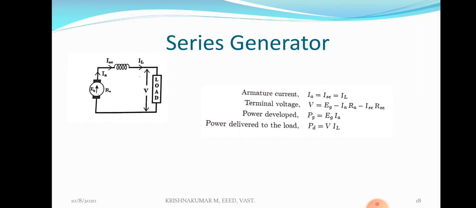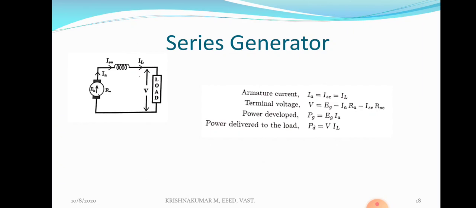So it has low resistance. Series field winding has low resistance, therefore it can produce less flux than that of the shunt field winding. So the electrically stronger field winding is the shunt field winding because it has more resistance. Series field winding consists of thick wire, few turns, so low resistance, it can create low flux. So first of all, this armature winding and field winding and load are connected in series.